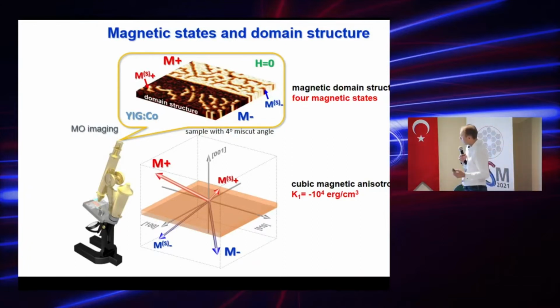So for the next results, I will focus on manipulation and switching between the large phases, because in the case of M plus and M minus in the large domain, the magnetization is oriented simultaneously out of plane in opposite directions, with an orthogonal orientation of the in-plane component.